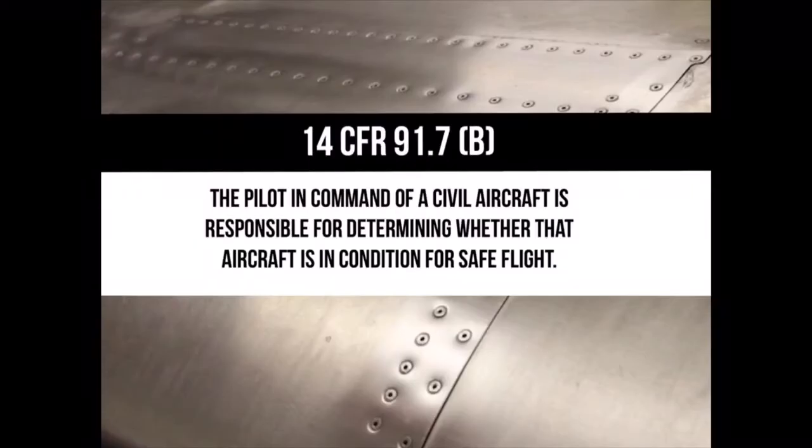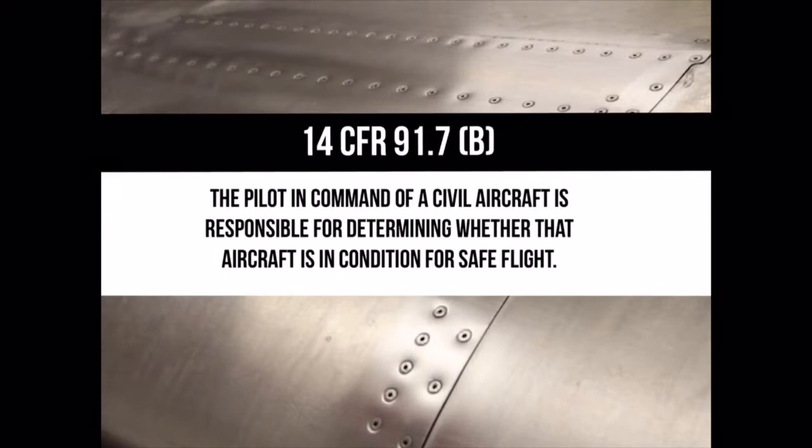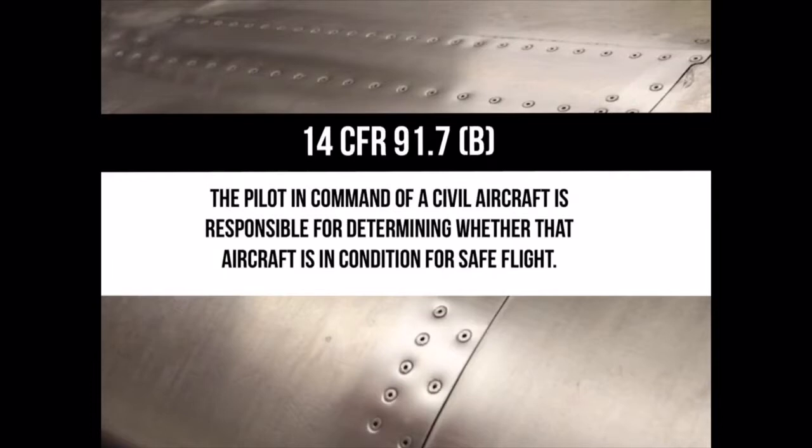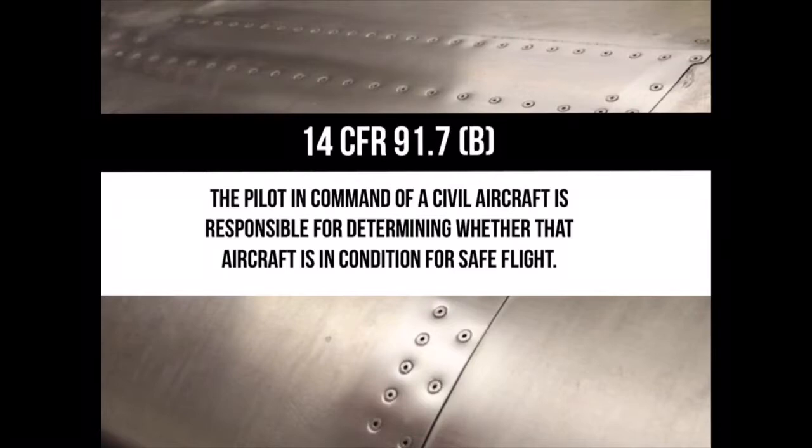A pre-flight inspection is an action in which the pilot walks around the airplane and looks for any abnormalities that could affect the safety of the flight. The Federal Aviation Administration requires that the pilot of the aircraft verifies that it is in a safe condition for